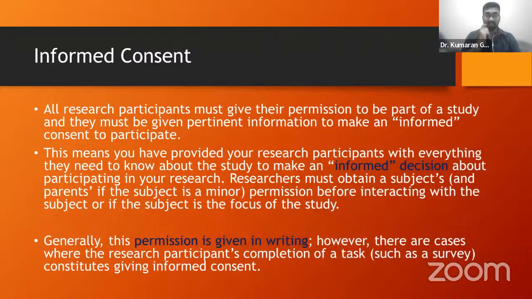So you are safe. If you are giving the survey in person to the students or whoever, make sure you attach another page of written informed consent where you ask them to just sign or write their name, saying yes, they agree to take part. So it's better for you all. Unless someone comes and questions you, that won't be a problem. But if any parents come and ask you, then it will be a problem.